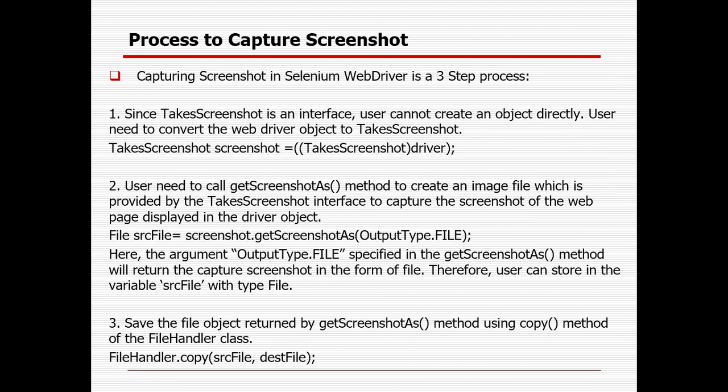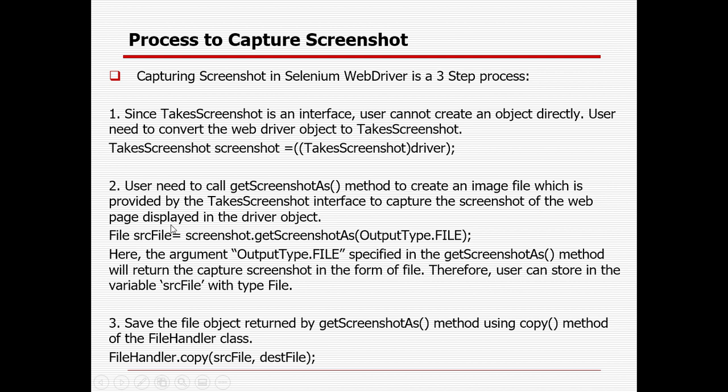So how can you capture a screenshot in Selenium WebDriver? It's a three-step process, right. There is a TakesScreenshot interface. Whenever you are creating an object or instance, you need to create an object by typecasting the driver here. Then you can call the getScreenshotAs method to create an image file, provided by the TakesScreenshot interface, to capture the screenshot of the web page displayed in the driver object.